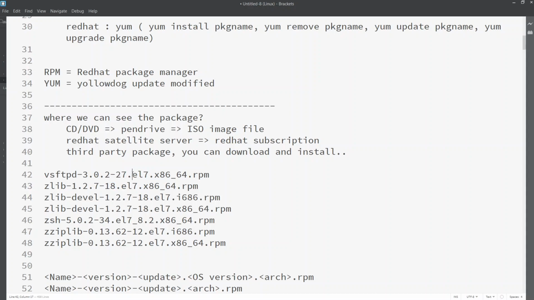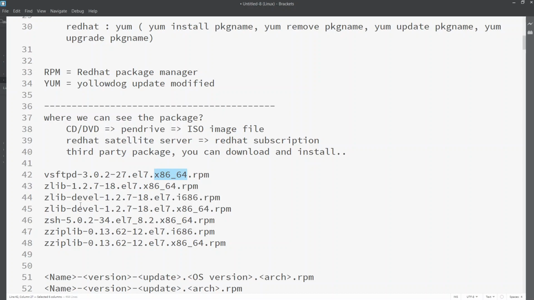And EL7 is basically Enterprise Linux 7. This is EL, not E1, EL. It means the package is released for Red Hat Enterprise Linux 7 version. And x86_64 is the compatibility, either 32-bit or 64-bit. Any OS we can install it on, either 32-bit OS or 64-bit OS, it supports both.